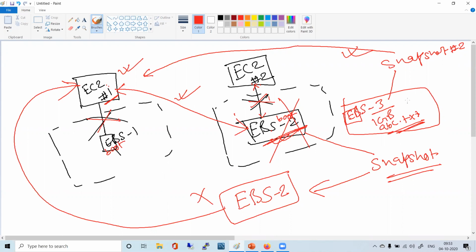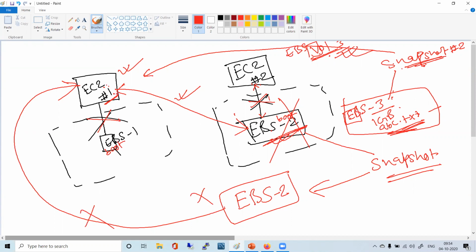Yes, you will create the volume. From this snapshot, you create an EBS volume, EBS volume number 3. Now with that volume, you connect to this EC2 instance. You don't have a root volume. You are connecting only this EBS3, the 1 GB volume with a file abc.txt, and hundreds of other graphics, some photos, some videos. You create a volume out of this snapshot and attach it to this EC2 instance. That's the only volume attached to this particular EC2 instance.